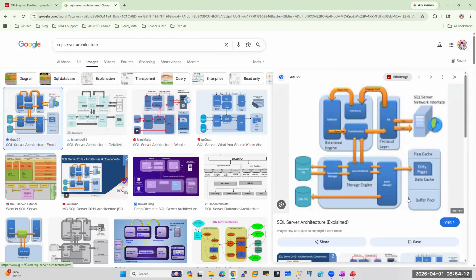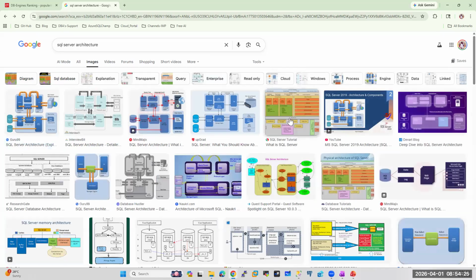If you go here also, it almost looks the same. Here also you will see the network, protocol layer, relational engine, storage engine. The majority of the images show it in the simplest way, and mostly you see the same thing.